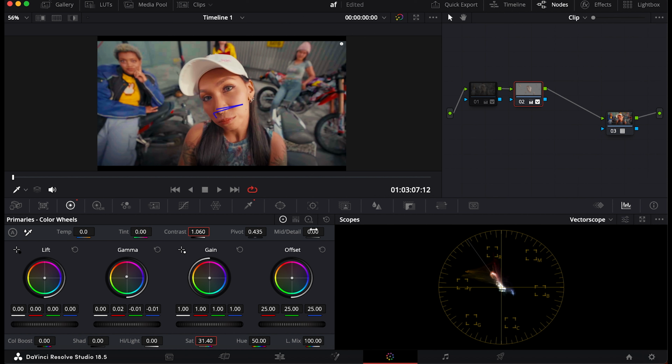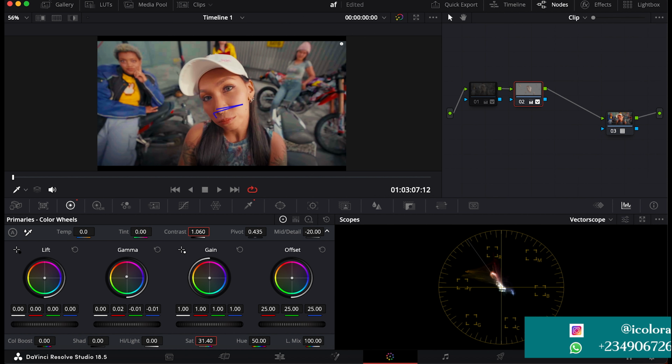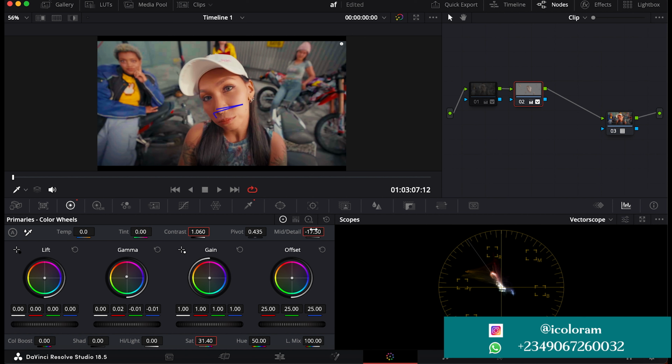Maybe we could leave it at, let's say, 20. Most times for men we leave it at 15, 17. That's my preference, sure. And then for ladies I go 25. So if I open up the image,